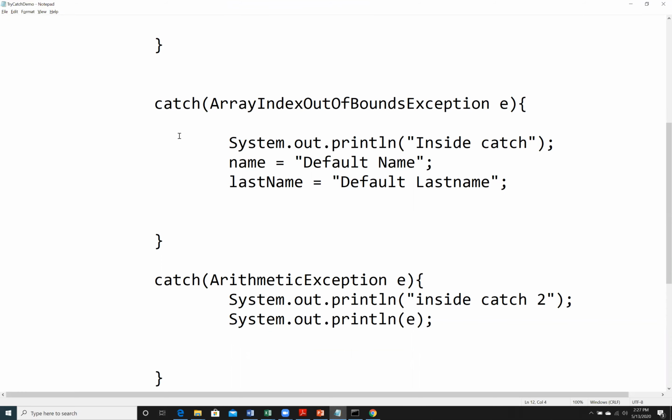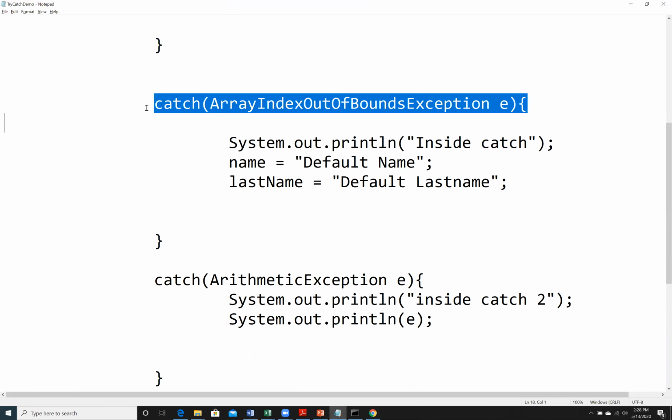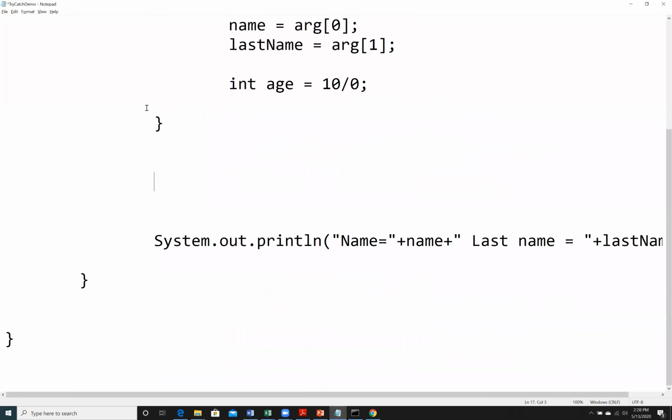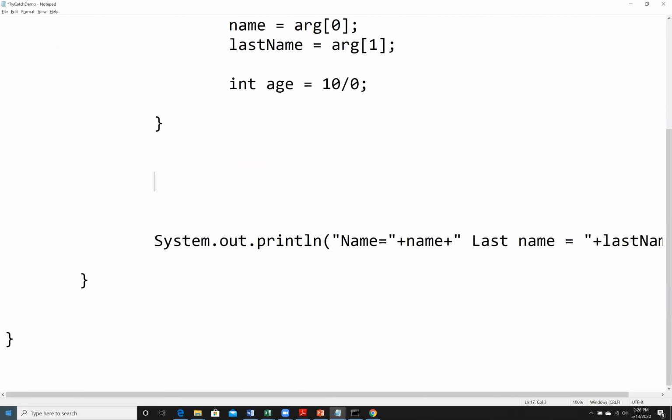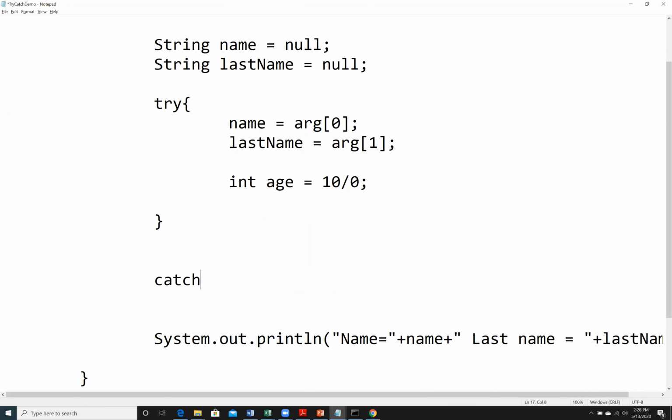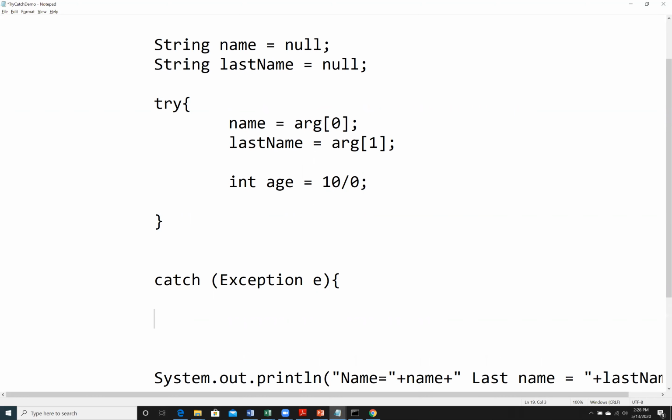Now remember, we can provide, let me just skip it from here. Oh, no, can't do this. Notepad, okay, right? I'm keeping it for a while. So now rather than providing two catch blocks, I'm going to provide Exception, right? It means that now I'm going to handle exceptions using the base class, right? System.out.println, and I also print p. This actually shows that the exception has been thrown.